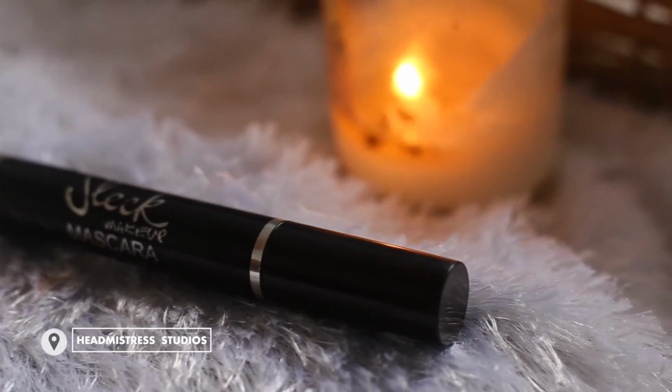Okay, so there are different types of mascaras. Mascaras are identified by the type of brushes that come with the mascara. So some mascaras are used to separate the lashes. Some mascaras are also used to elongate the lashes to give the illusion of longer lashes. The mascara I have here is from Sleek, and what it does is it elongates my eyelashes, and it also separates them. It also preps it for